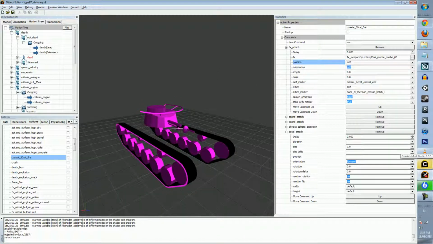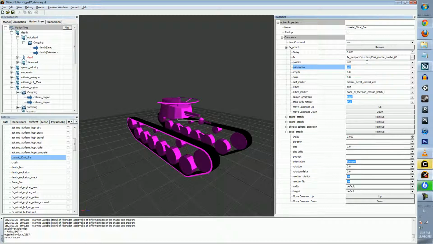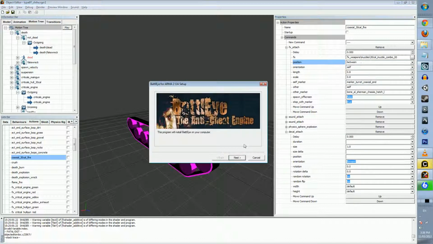Position. That's right. Position is determined in relation to the self marker. So if it's self, it'll be on the self marker. If it's other, it'll be on the other marker, which is this thing. If it's between, it'll be